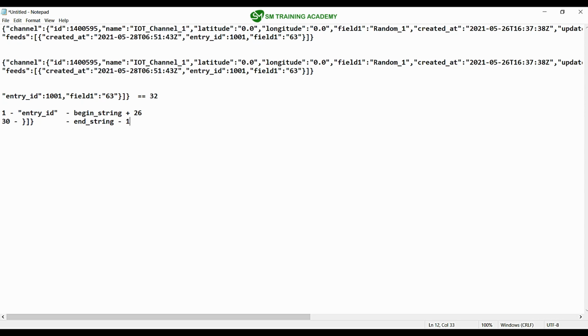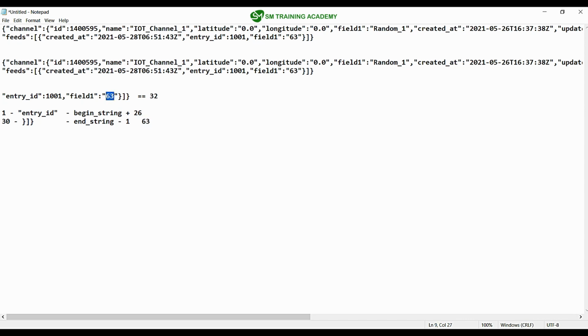If I start from begin string plus 26 and print till end string minus 1, I will get the data printed, whether it is a 2-digit number or a 3-digit number. That is the number 63 available over here.